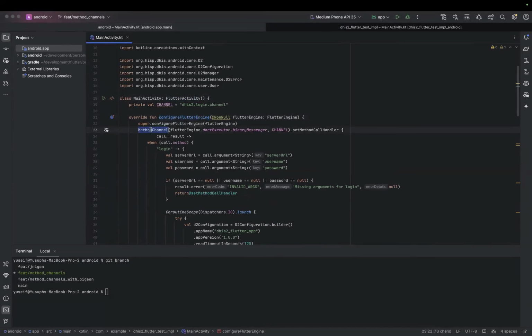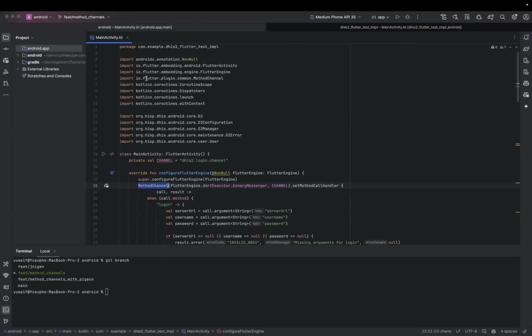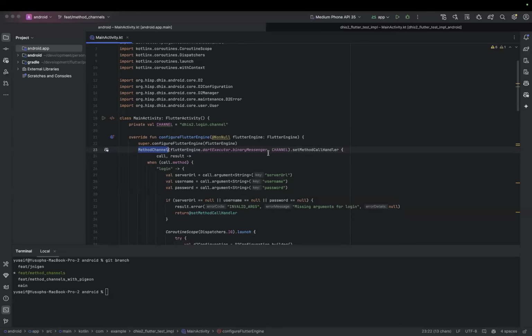We have this MethodChannel which comes from the package io.flutter.plugin.common.MethodChannel. Here we configure our Flutter method channel. Remember, in the Dart code we had a method channel called DHIS2.login.channel. So here we pass that name into this MethodChannel class so we can have a two-way communication between Flutter and Kotlin.